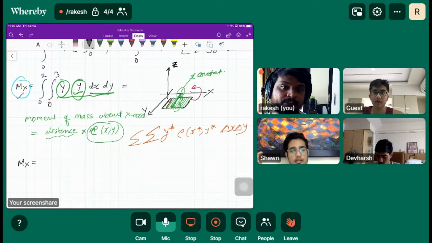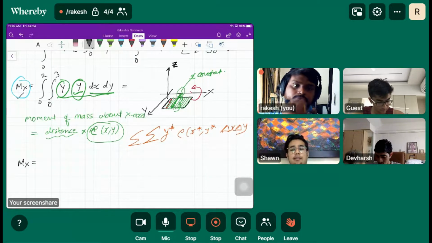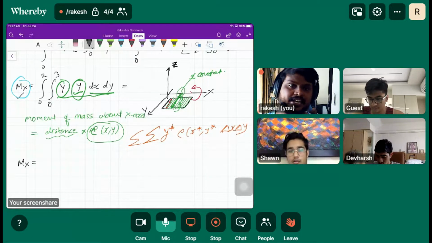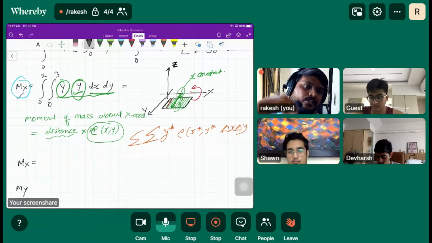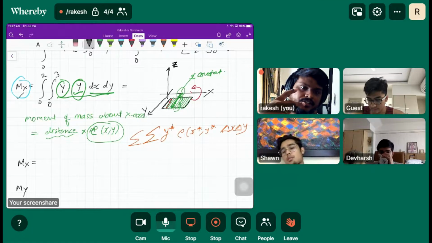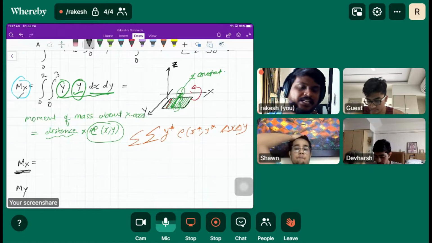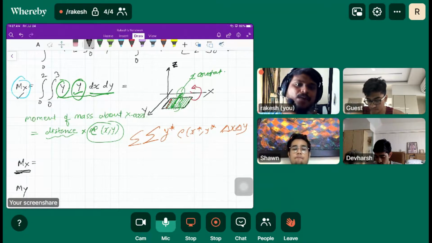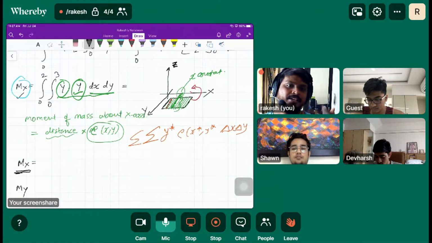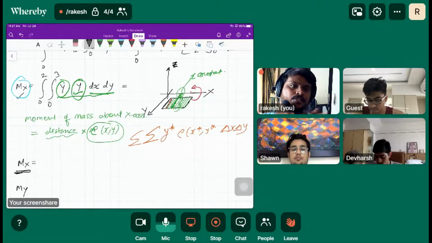I had a question. Distance can either be x or y. That's why we can either go in the x direction or in the y direction, right? Exactly, we have only two directions. So this part is about the x-axis, and that's why we have the second thing, My, which is about the y-axis. Why are we just selecting x and y coordinates, the x and y axes? There is also an answer to that.